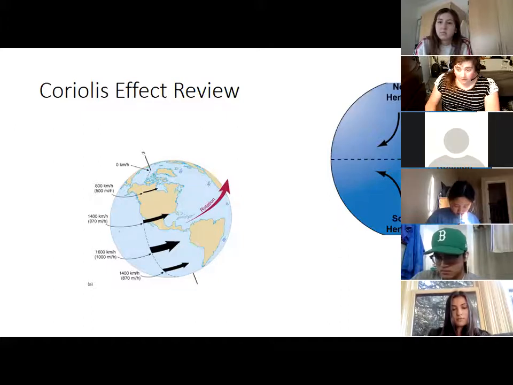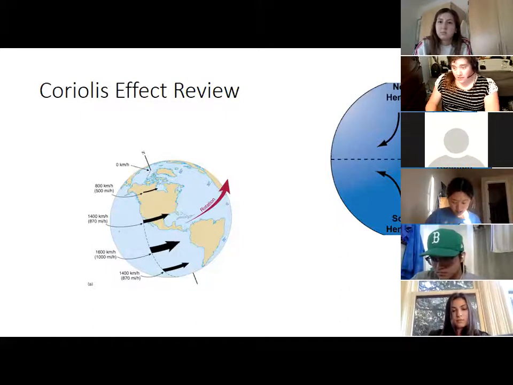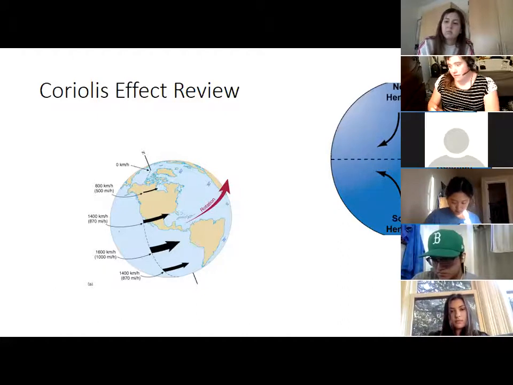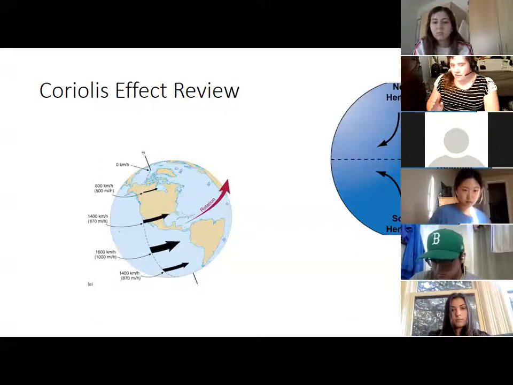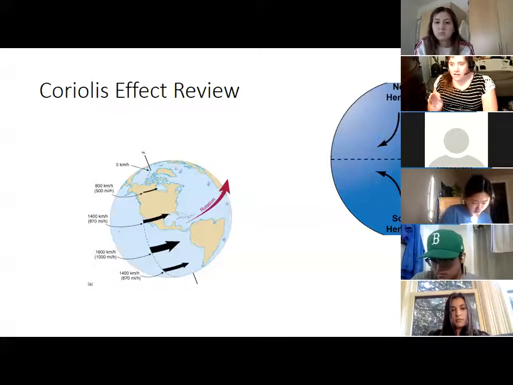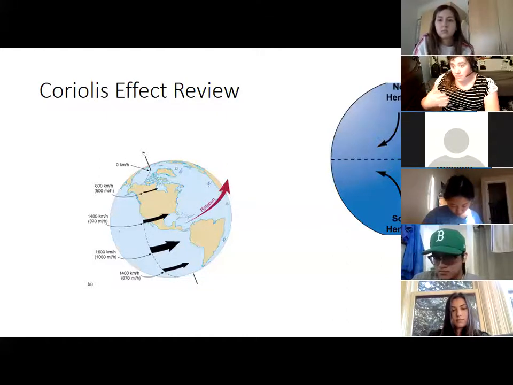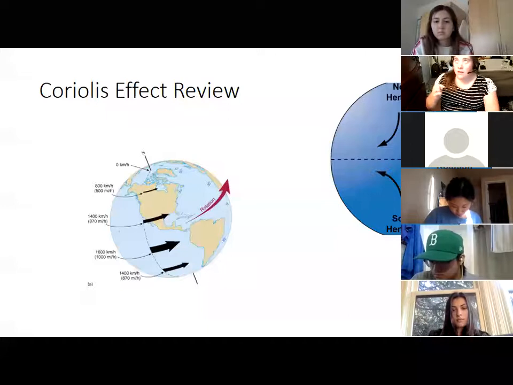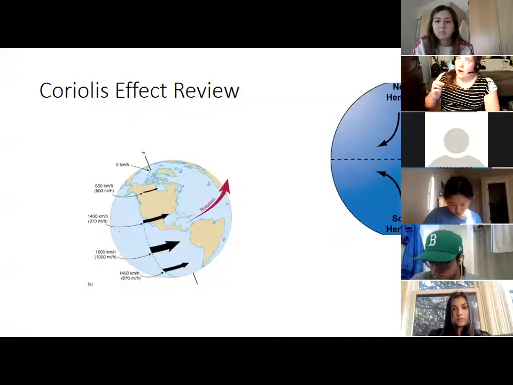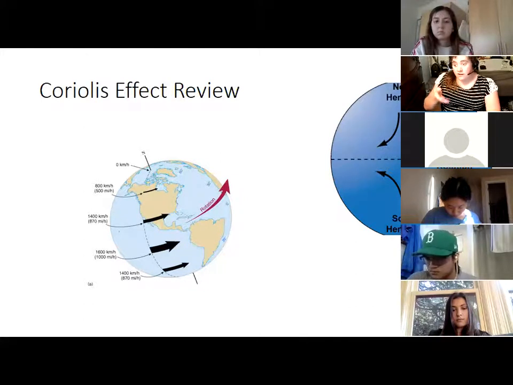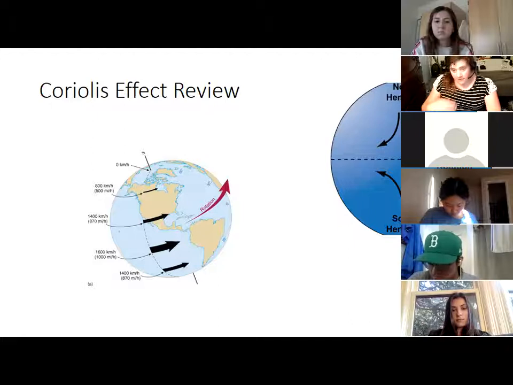Now, you're still actually going to get deflected to the left of your original direction, because you're kind of going to get pulled in the direction away from Earth's rotation. You're kind of undercompensating in a sense. You're acting like, I need to act like I haven't rotated this much, because as you go from south to north, because you're going from the South Pole to the equator, you think you're going at a slow latitude, but you're actually going to faster and faster latitudes. So you're kind of undercompensating.